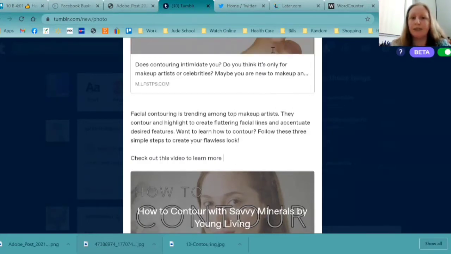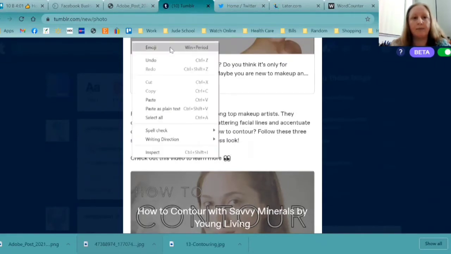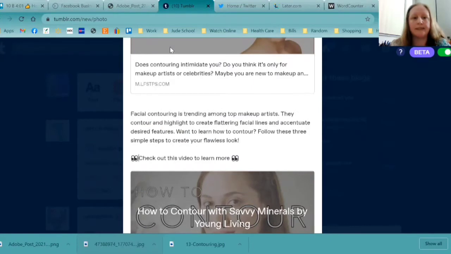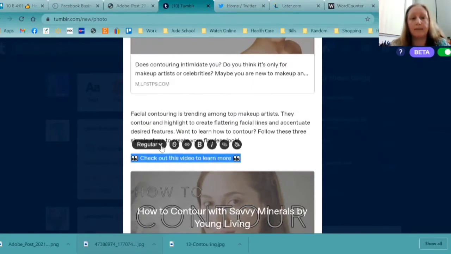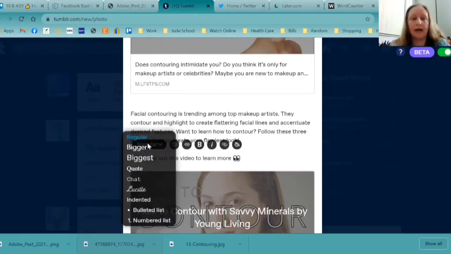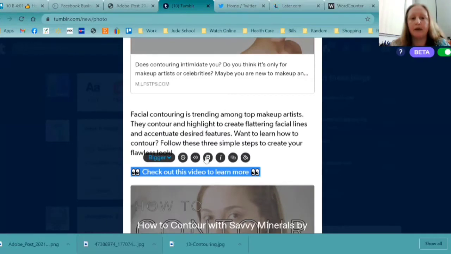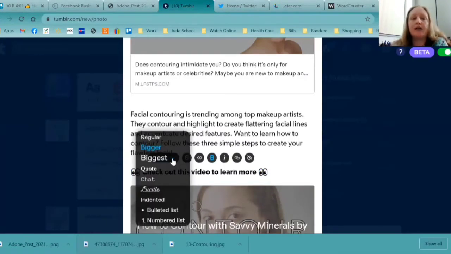I like emojis in my posts. I've read that they help on certain platforms. They help the algorithms. I'm not sure how it works on Tumblr, but let's just make that a little bigger and bold.